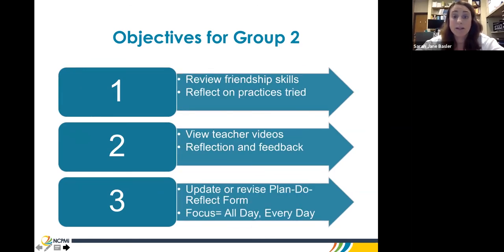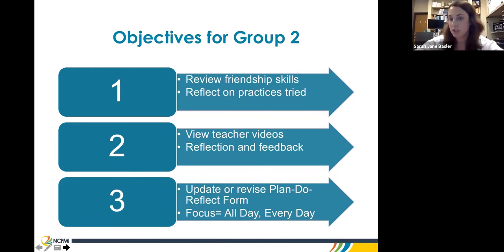So this is what the group 2 would look like. So we reviewed content. We still devoted 10 minutes to content, but the focus of group 2 was more around checking in with teachers on their implementation and seeing how they use those practices in their classroom. And then whenever we would go to the videos, that was videos of the teachers.